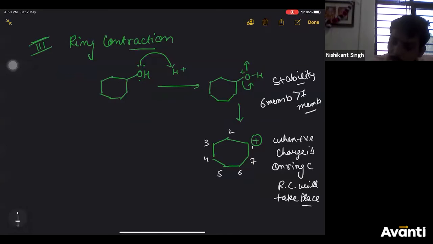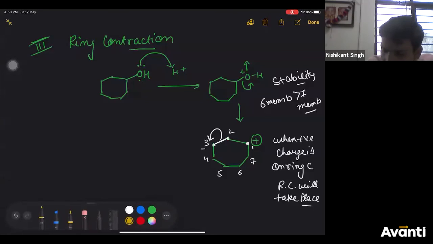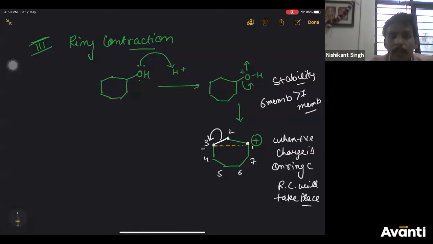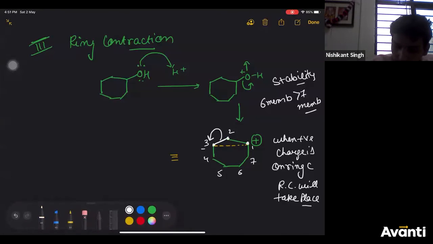So see carefully. This is a carbon having positive charge. Next sigma bond, that is this bond. This bond will break like this. When it breaks like this, the second carbon will get positive and the third carbon will get negative. Now the third carbon, getting negative charge, will form a bond with the first carbon, right? So that is what you'll get,